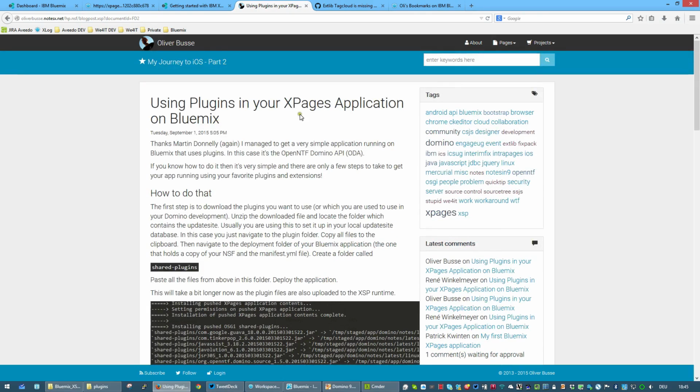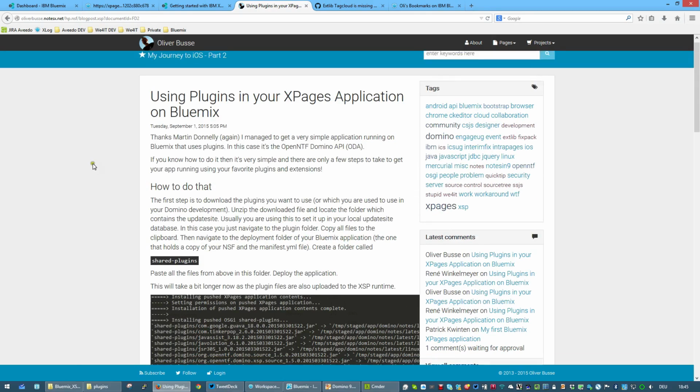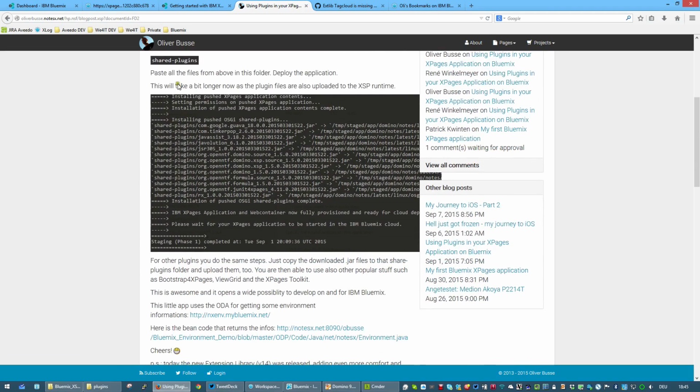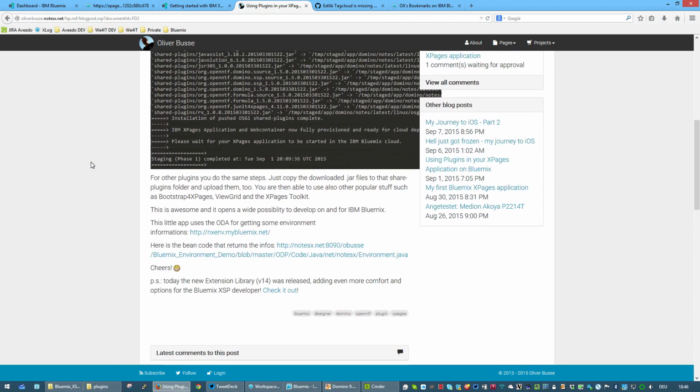So this is the corresponding blog post on my site, using plugins in the XPages application on Bluemix, which describes it. Again, how to do it. Just create that folder, put your extensions, the jar files from your extension, usually located in the plugins folder of your OSGi plugin. Just copy them there. You don't have to create subfolders. Just copy them all in that one folder, and the CF tool will deploy it and set the runtime up